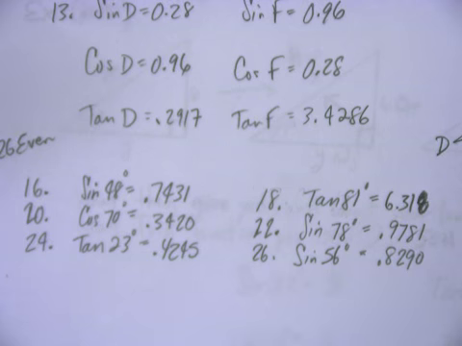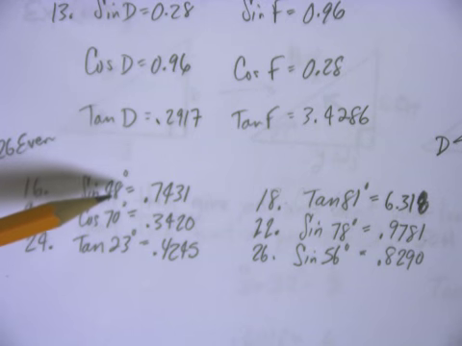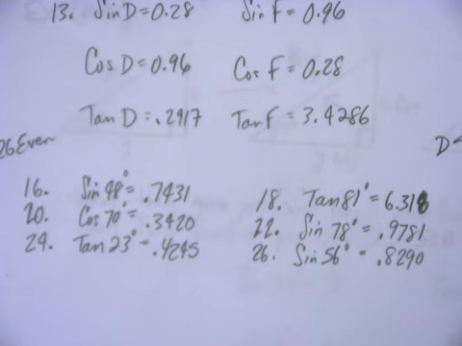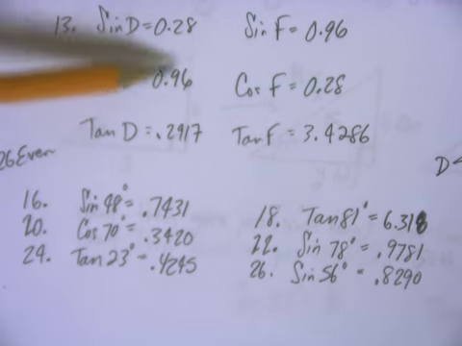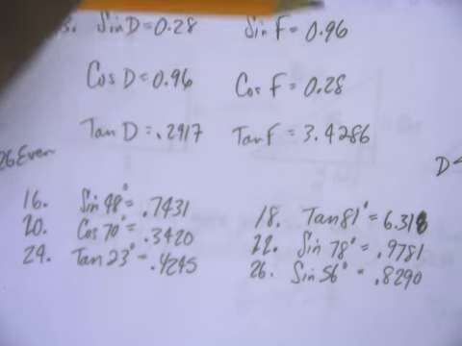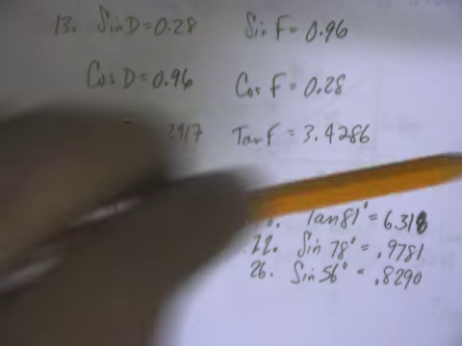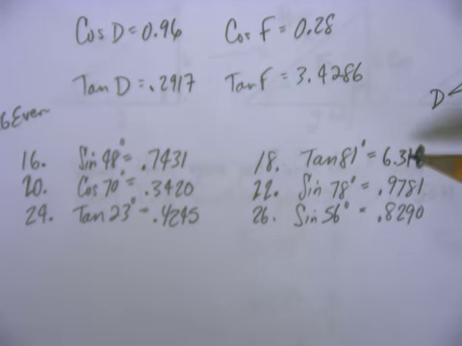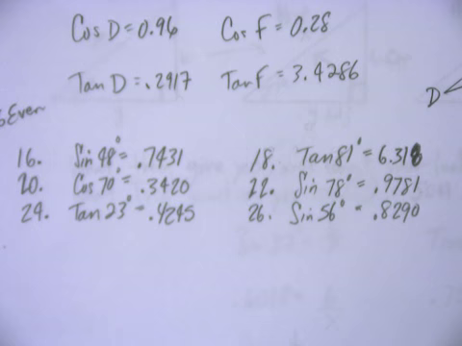Now, why did we do this? Well, I wanted to show you that when I ask for the sine of a certain degree, I get a decimal here. And when we were dealing with the triangles before, we also got decimals there. That's because there is a relationship between the sides of a triangle and their angles. And by using these numbers in the calculator,